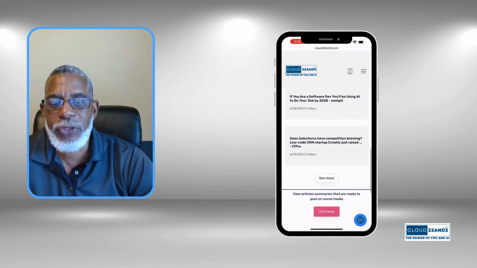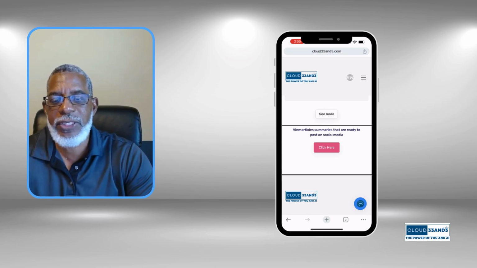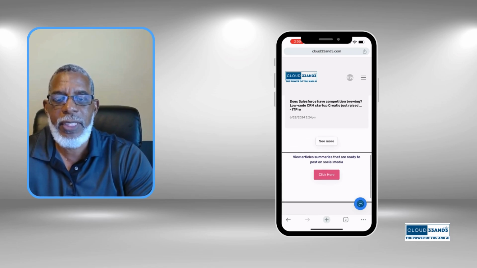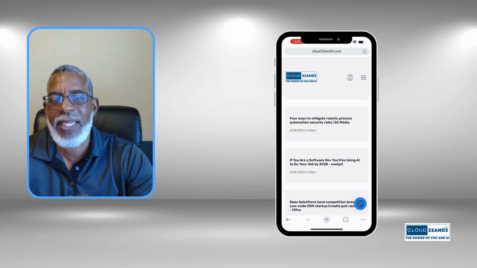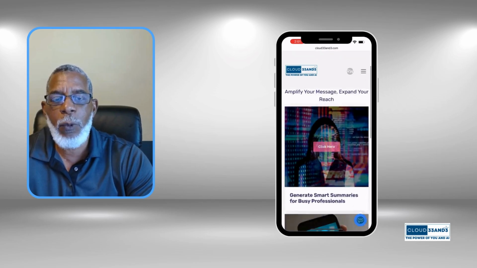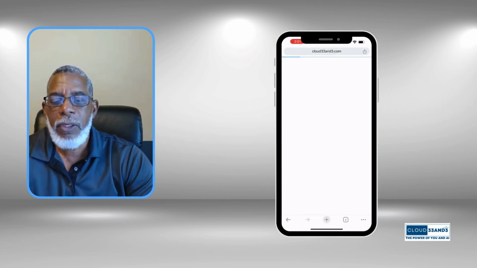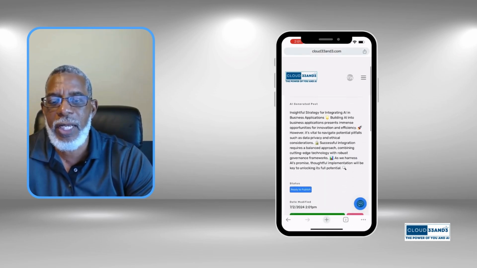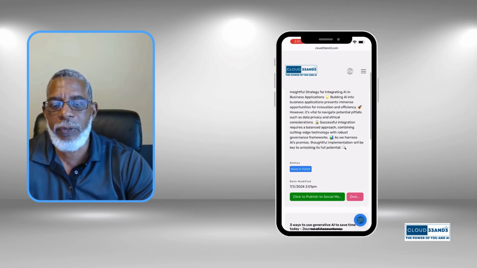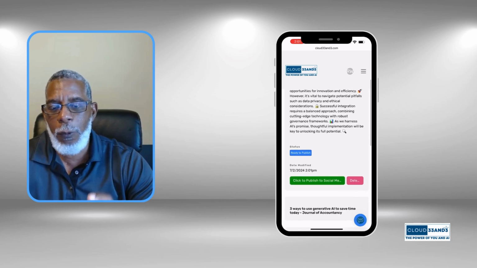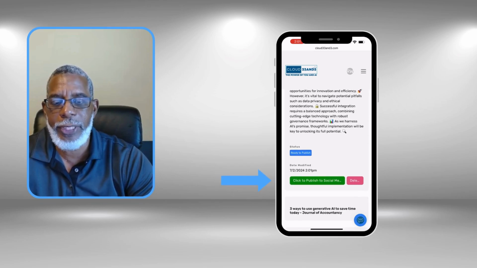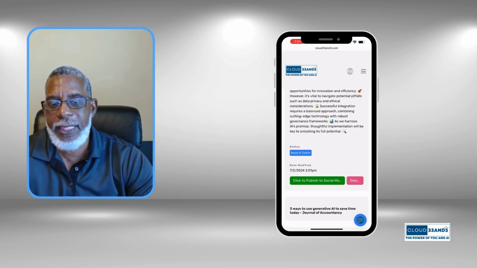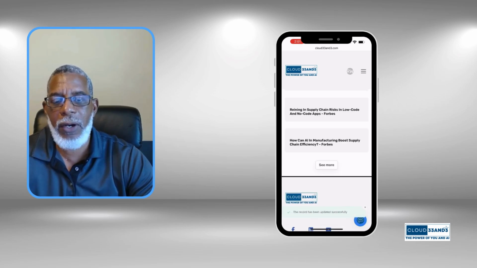So we have two paths here or two options. So now that we've leveraged AI to create the post, we can go to the bottom here and click here, or we can navigate back to the top at Smart Social and work our way toward that next step, which is now we're going to use the solution to post on our social media. So here's the post that we just leveraged. So if we scroll down, we see a nice summary. If we scroll down a little bit further, all we have to do is click the publish button here in green. So once we click that button, we will see this article now being made available on our social media